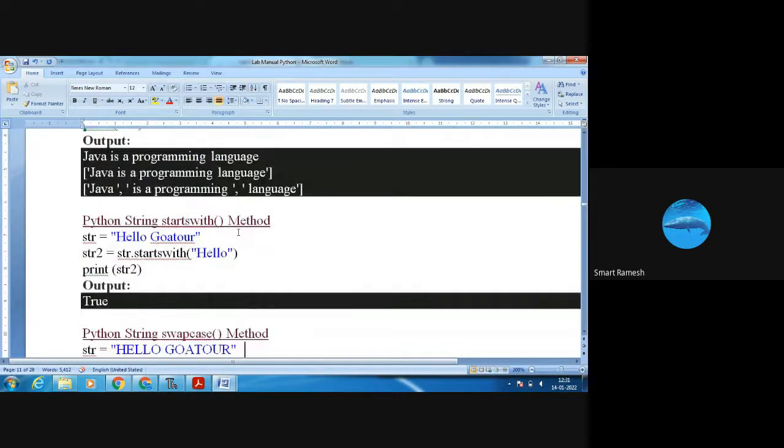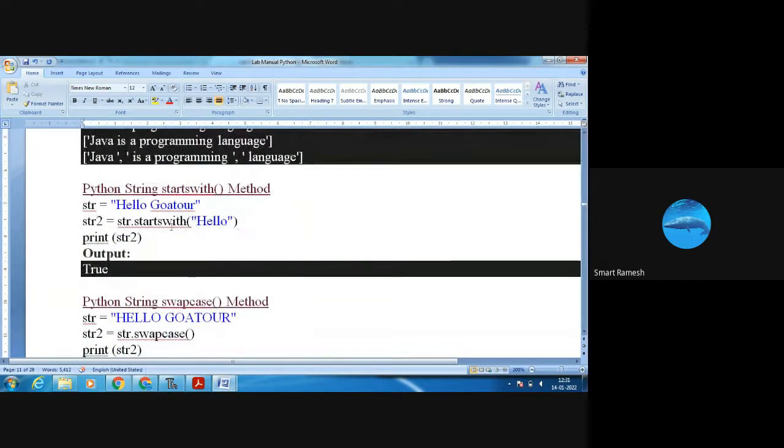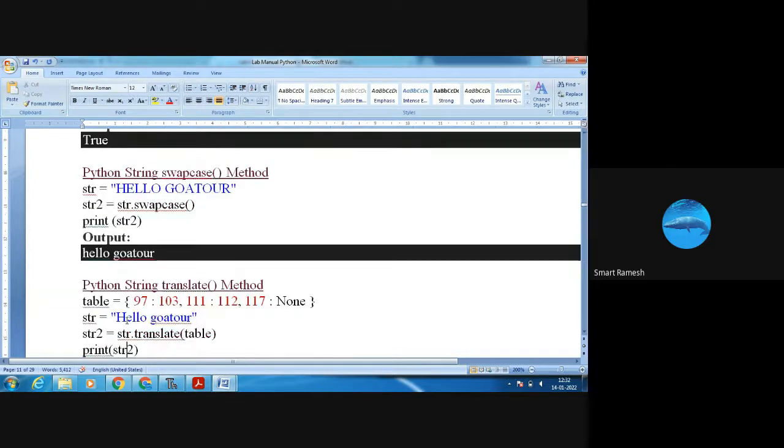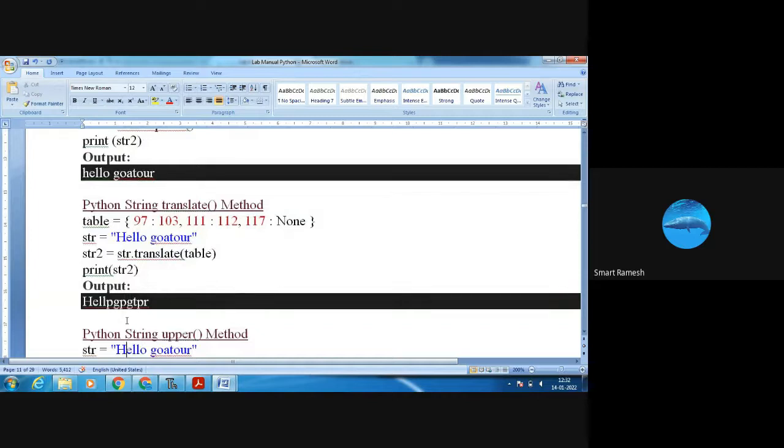Next, the startswith method. Whether the given string starts with "hello" or not. Yes, here "hello" is the start, so it returns true. Next is swapcase. Swapcase means it converts lowercase into uppercase and uppercase into lowercase characters. Here everything is capital letters, so what is the output? Everything is lowercase. Next, the translate method.